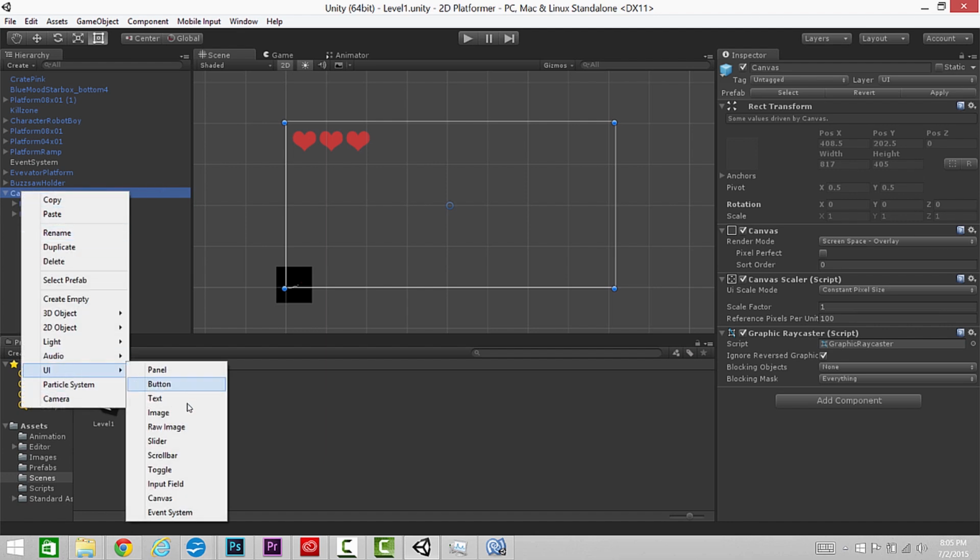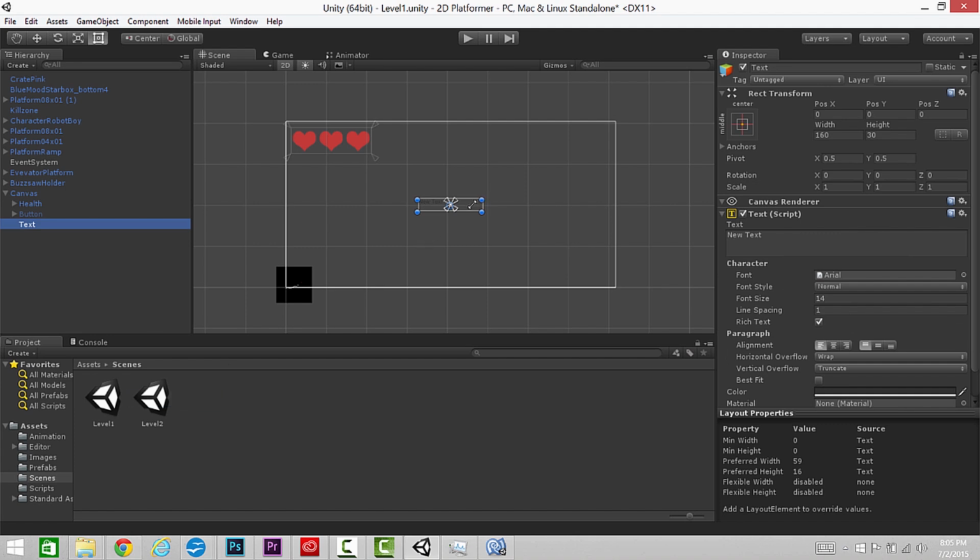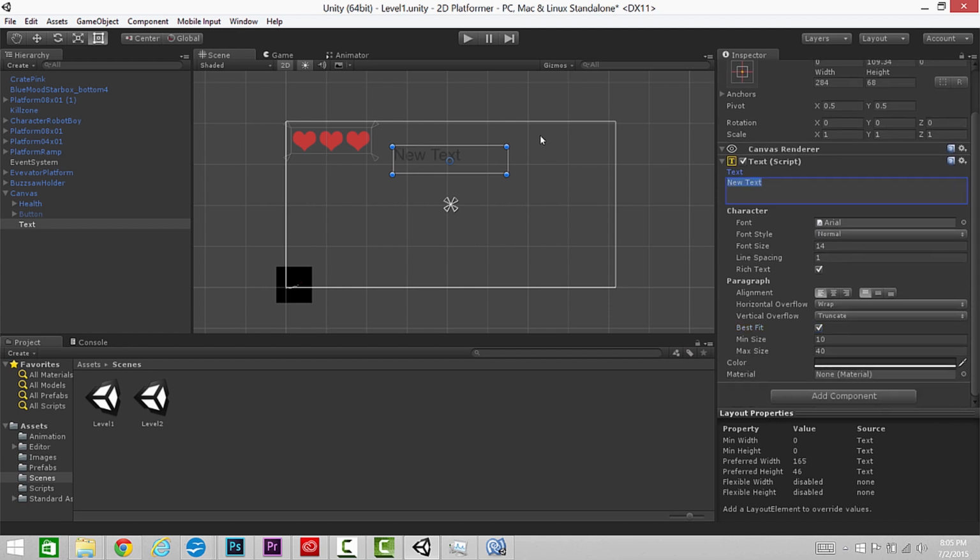So right click on canvas. We're going to add some more text, and I'm going to just move it up if I can grab it. Yep, there we go. Move it up here, and then I'm going to start scaling it out. Hold in Alt so I can scale from the center and just make it like that maybe. Then I'm going to say best fit, and under the text component I'm going to change the text to actually